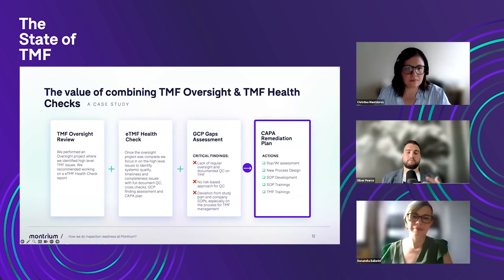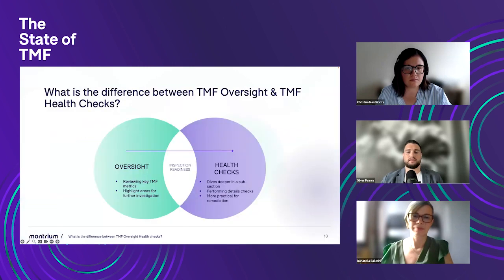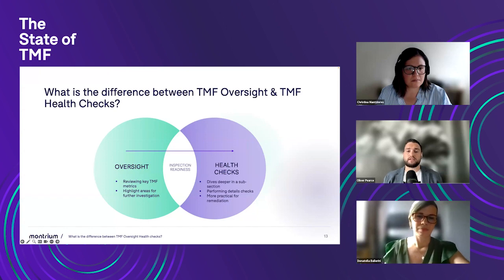All right, so there you have it, guys. That's the value of combining both of those exercises, using TMF oversight as a way to understand what high-level issues there might be that we will then inspect in more detail. As a reminder, oversight is reviewing those key TMF metrics, highlighting areas for further investigation. Health checks is diving deeper into a subsection of your TMF, either focusing on a critical country, a high enrolling site, an area with a lot of critical deviations, whatever area you've identified as high risk, performing a detailed set of checks that help you identify the specific issues, and then designing a remediation plan that includes both resolving the issues that you've identified, but also preventing those issues from occurring in the future by, like